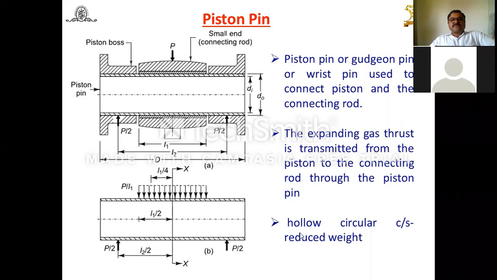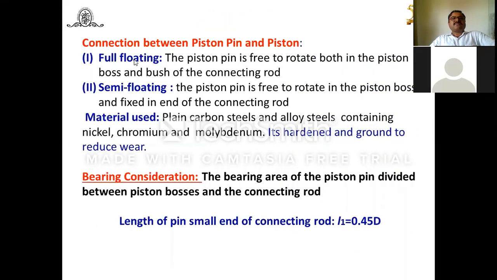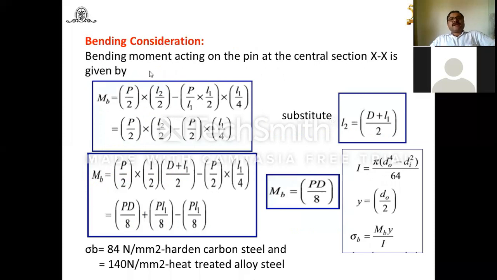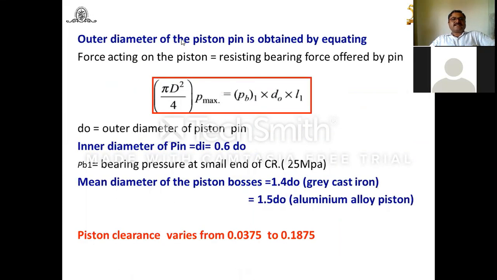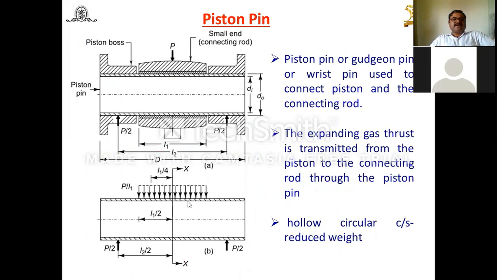Again here, let us find out this uniformly varying load condition. This is L1, so this is L1 by 2. Again we have to apply this consideration for bending. Now the bending moment acting on the pin at the central axis XS, that we have to consider here. For the uniformly varying load, this is L1 by 2. Total L1, L1 by 2, this side L1 by 2. So to convert it into the point load which is going to act here, it is L1 by 4.